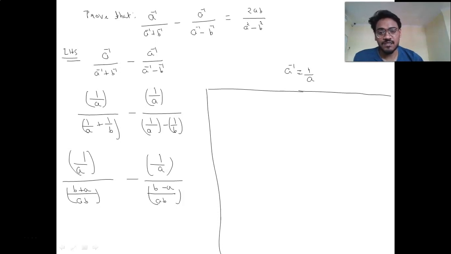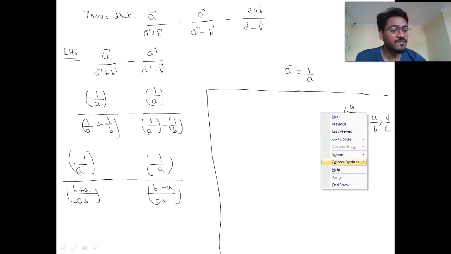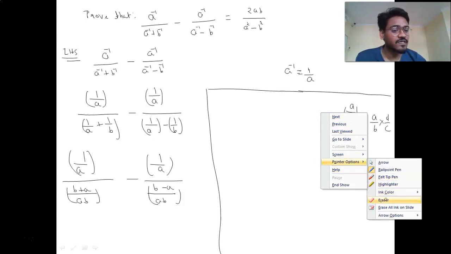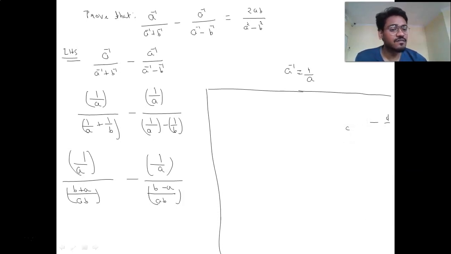Now students, you remember this form. Whenever this a upon b upon c upon d is there, how do we simplify this kind of expression? See, this a upon b is actually divided by this c by d. So how do we write this? We write this a upon b multiplied with the reciprocal of c by d, that means d by c. So using this, can I write this one? Okay, see how I'll be writing this one.